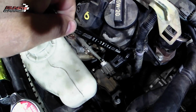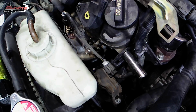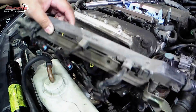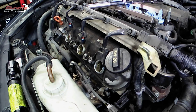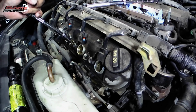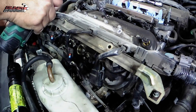And then there's part of the wiring harness down on the side of the head, this is still the front, on the side of the head towards the driver's side. There's a bolt that I took out to give me more access so I can move the wiring harness out so I can have clearance for the valve cover. Honda made it so that there's 2 wiring harnesses on the front and the back that actually sit right above the valve cover. And the looser you can get those wiring harnesses, the easier it is to get the valve